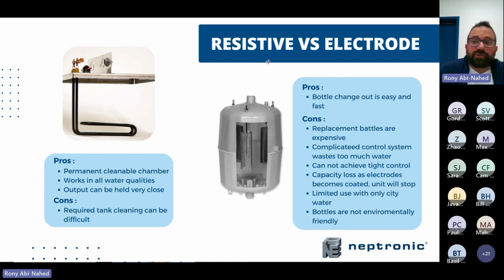If you look at the electrode units, the positive side is that you can change your plastic cylinders once it's filled off scale, so you don't have to do any cleaning. You just buy a new one and install it. The downside is that you're buying new ones every time, so on the maintenance side, it can get expensive. On the control side, you don't have tight control on the unit,